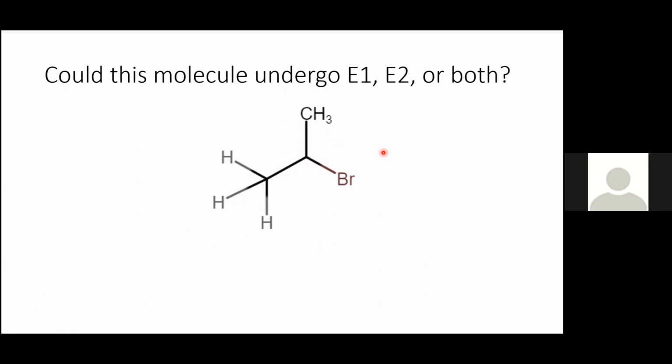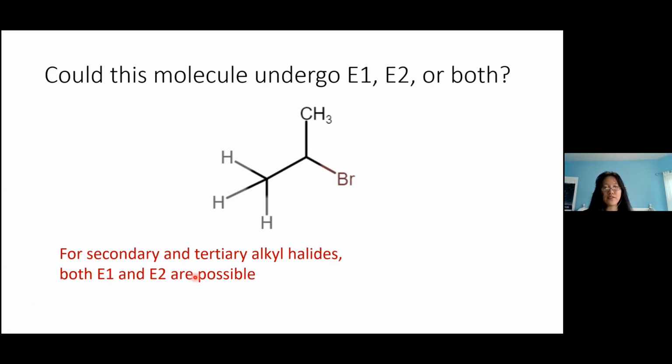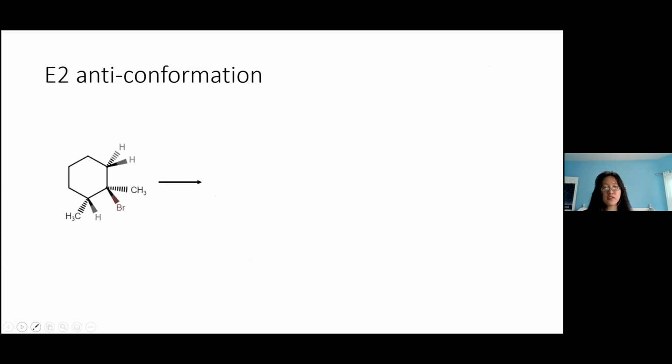Could it be both? Yeah, that's exactly right. So this molecule could undergo both reactions. You could either just take off this Br by itself and make a carbocation and then take off this hydrogen, or you could take off this hydrogen and this leaving group in the same step. We'll go into more detail about cases where there are two competing reactions later in the course, but for now you can just think for secondary and tertiary alkyl halides, both E1 and E2 are possible. Okay,